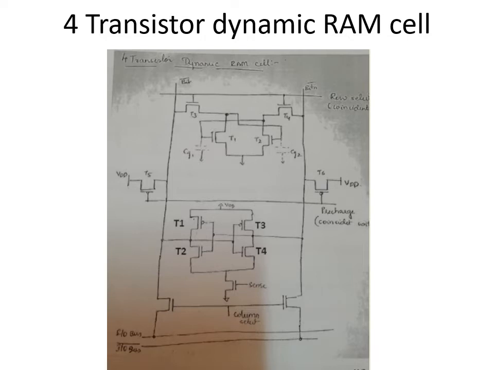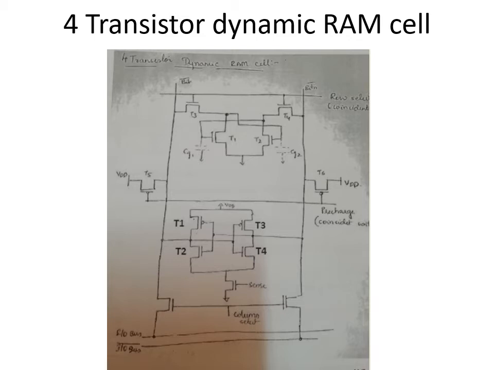Let us look at the other PMOS, T5. Here also the same gate input is applied, pre-charge bar coincident with phi 1. If it is equal to 0, then this PMOS is also enabled, and since it is connected to the source, bit n is also loaded with logic 1. So initially bit n and bit n bar are both pre-charged to logic 1. Later on we can write the data as well as read the data.